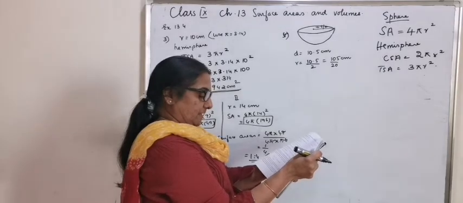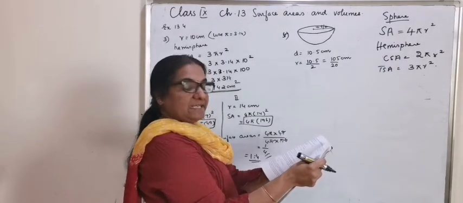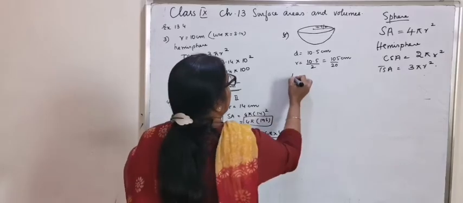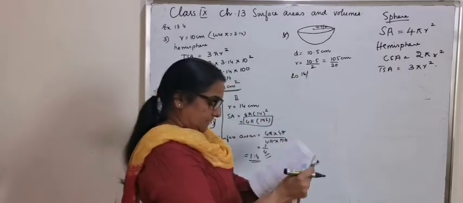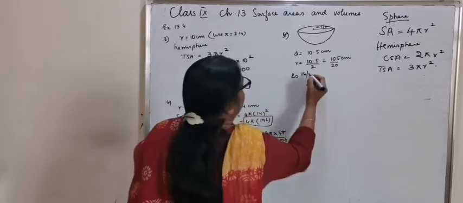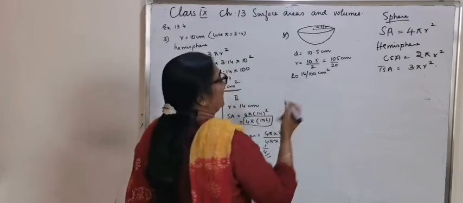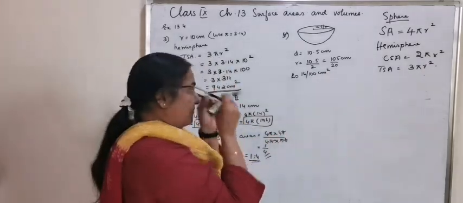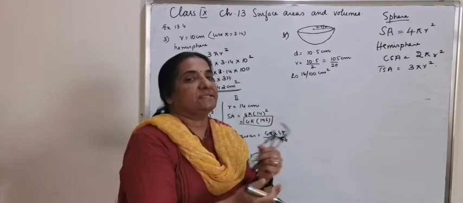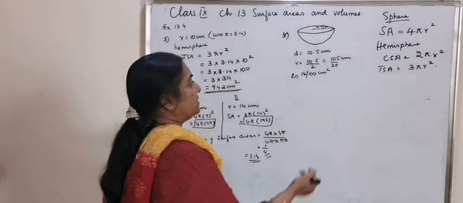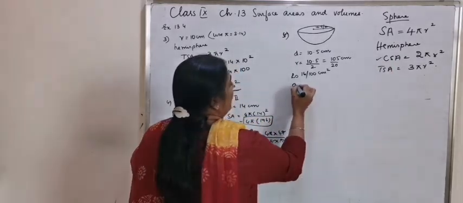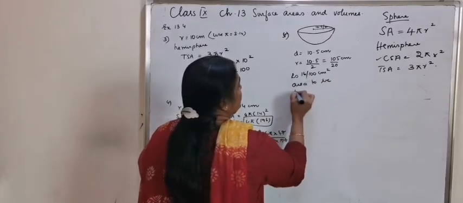And then find the cost of tin plating it on the inside at the rate of rupees 16 per 100 centimeter square. So after understanding the question, find the cost of polishing it only on the inside. And it's a bowl, which means it's a hollow hemispherical portion, so we need to apply only the curved surface area. So the area to be tin plated